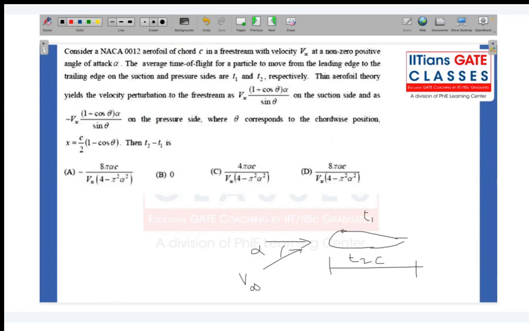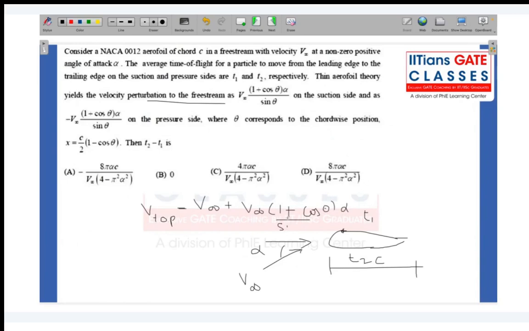So which means that at any given location on the top, my velocity V top equals V infinity plus V infinity into 1 plus cos theta into alpha by sine theta,